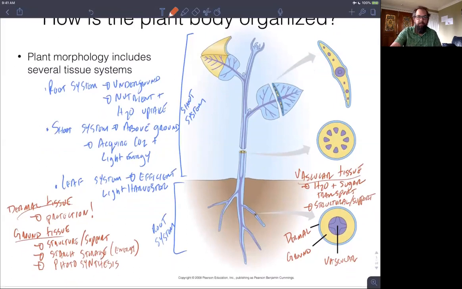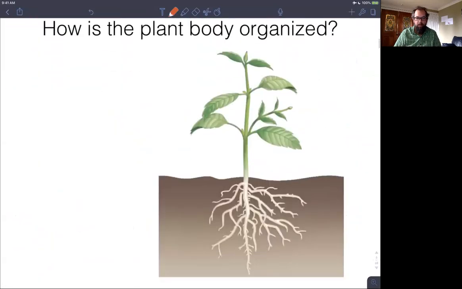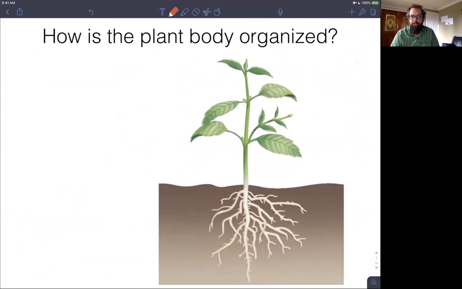And before we do that, I want to just take a minute to look at a little bit more about how the plant body is organized and label some of the parts of the plant, just so that when we're talking about these, we are on the same page with respect to how each part of the plant is organized. And so, a quick reminder, we've got the root system below ground,